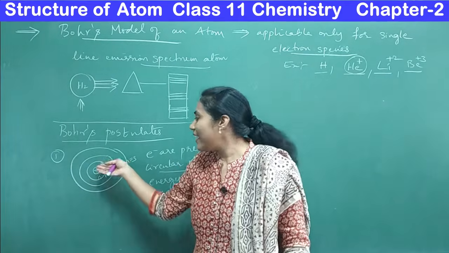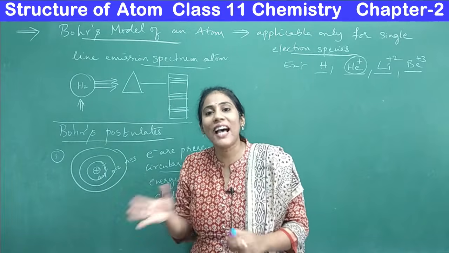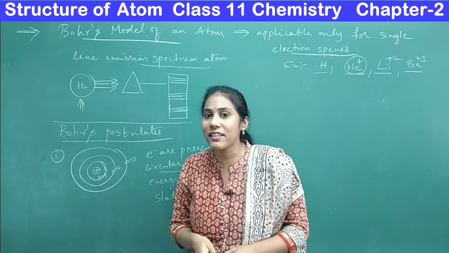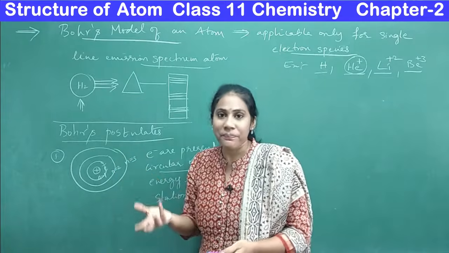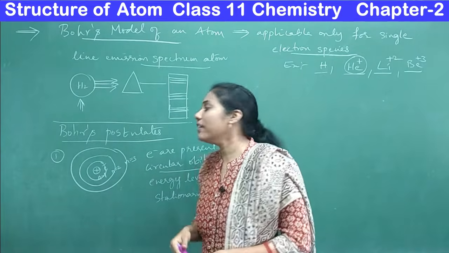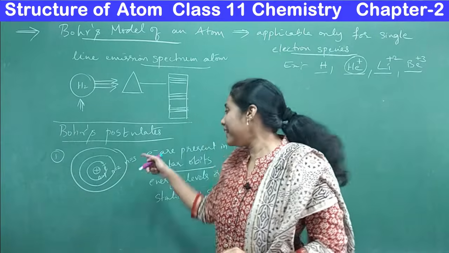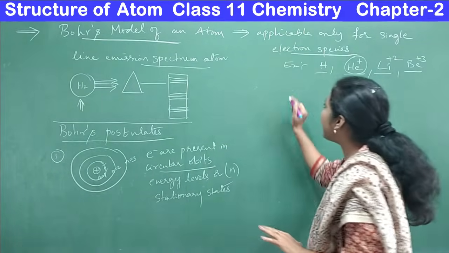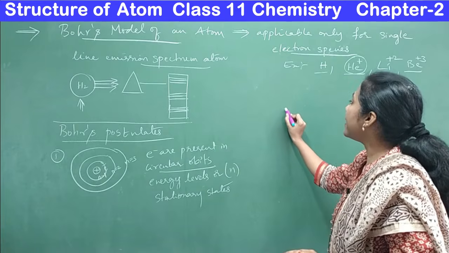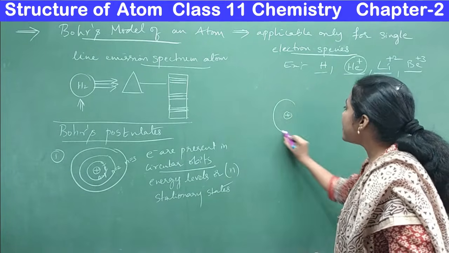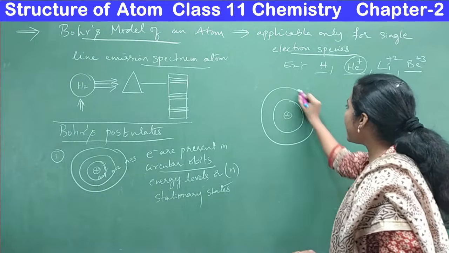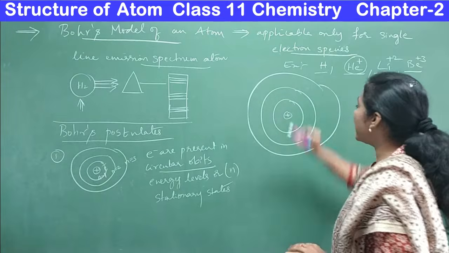Just like that, the electron also has some energy. With that, it moves around the nucleus, right? So energy is compulsory for an electron, and the energies are fixed in particular energy levels. For example, just try to understand this. If this is the nucleus, this is the first shell, this is the second shell, this is the third shell,